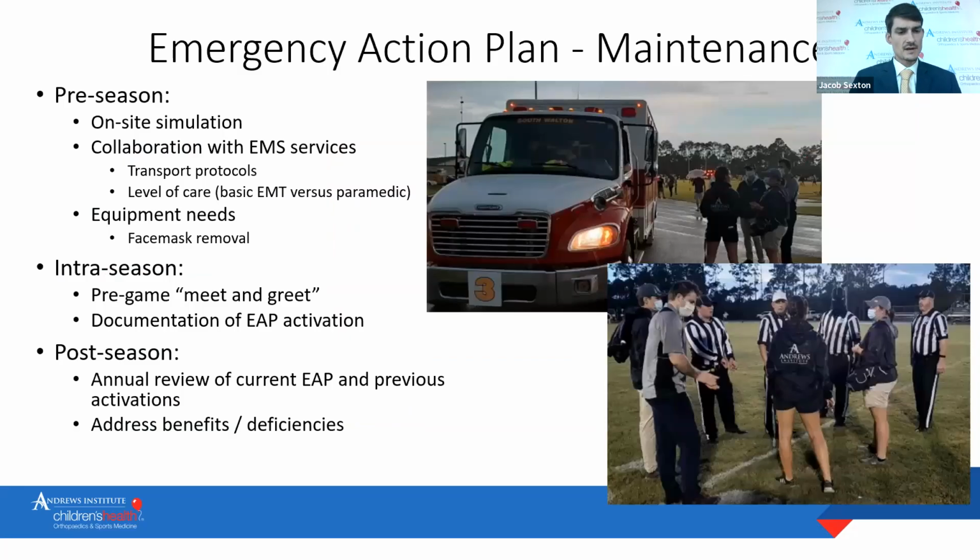And then finally, your emergency action plan should always have a maintenance phase, and it should be continuous throughout the year. In the preseason, during this time right now when football is getting started up, this is the best time to have an on-site simulation. The first time you go through your EAP should not be during an actual emergency. You should already have this practice with your local athletic healthcare team, hopefully your local emergency medical services, and if you can possibly get a hold of them, the emergency department and other EMS-related individuals, to make sure that when the EAP does get activated, it occurs in a timely and professional manner without any hitches.